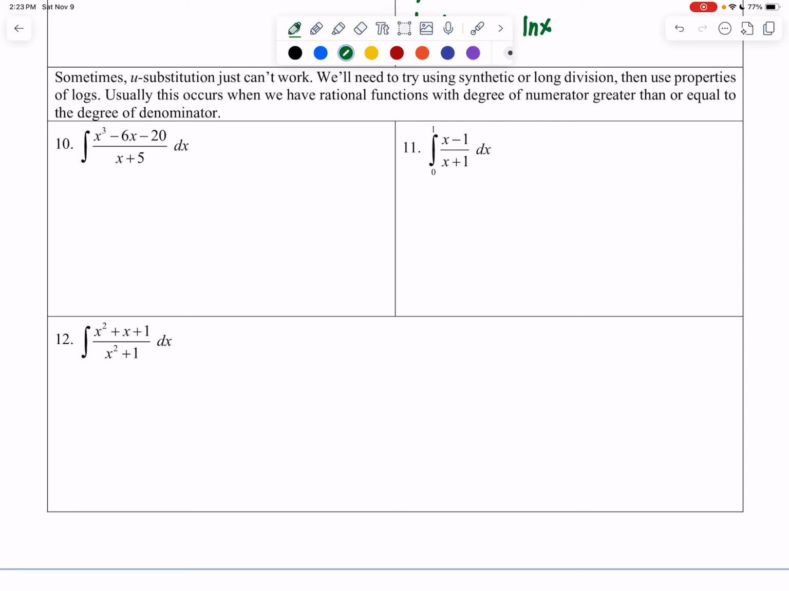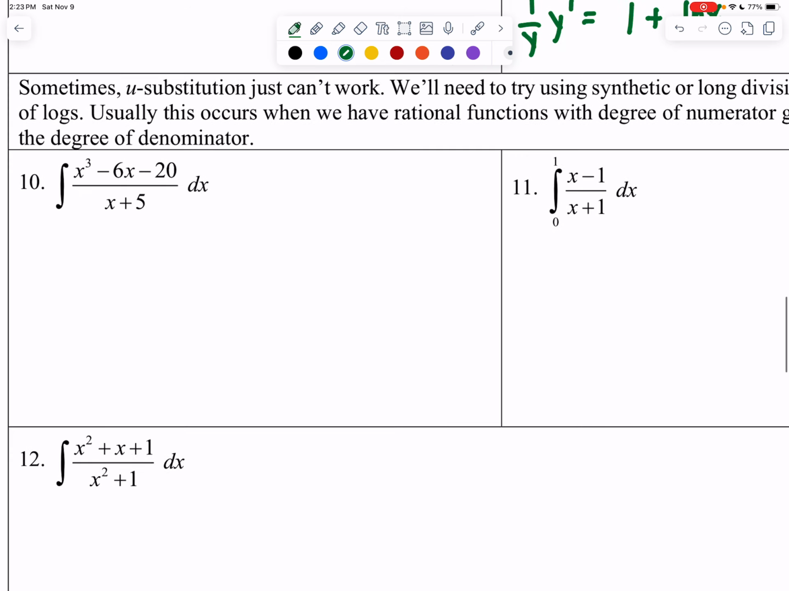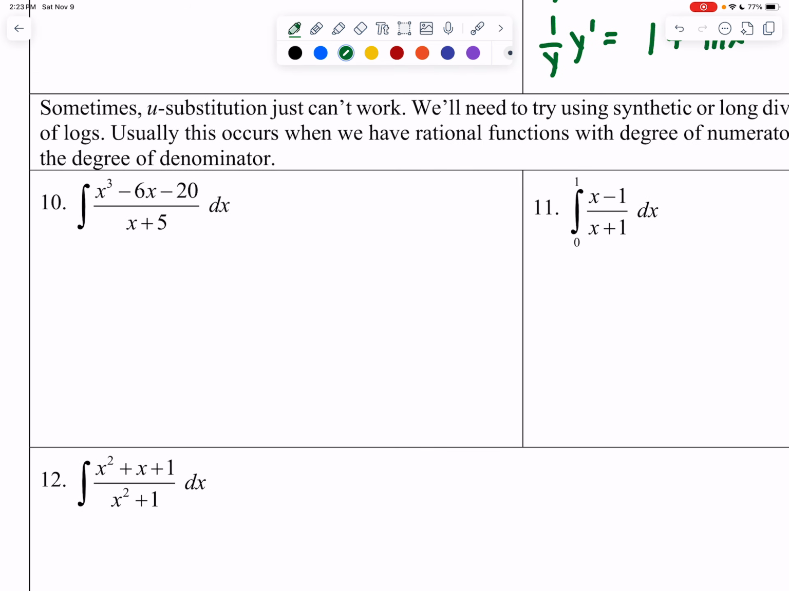Alrighty, in this video, we are going to be talking about what happens whenever u-substitution doesn't work in terms of us having something like 10, 11, and 12. So looking at number 10 here, notice how we have a numerator that has an exponent of 3 and a denominator that has an exponent of